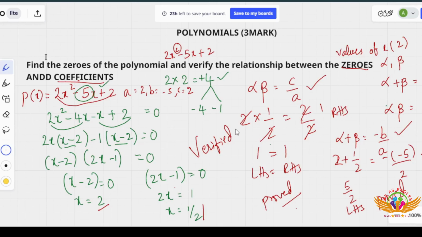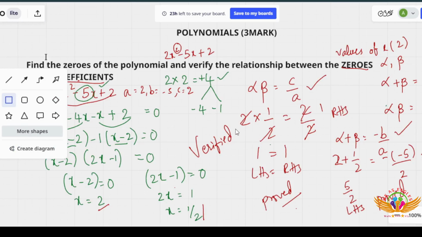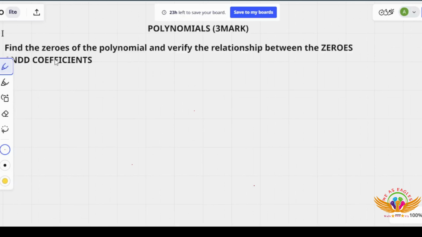Alright. Hope you understood this problem. Done. So let us go. Yes, so let us do another example by taking the same kind of question pattern. So I am going to take a polynomial, that is p of x is equal to 5x square plus 12x plus 7. The same thing, I need to find zeros and also I need to verify the relationship between zeros and coefficients. So let us first do the factors.